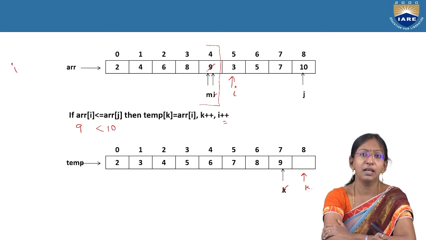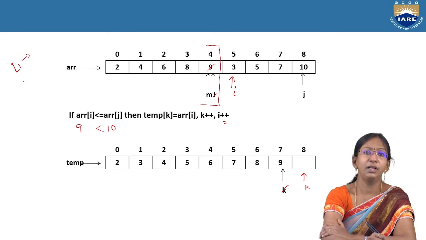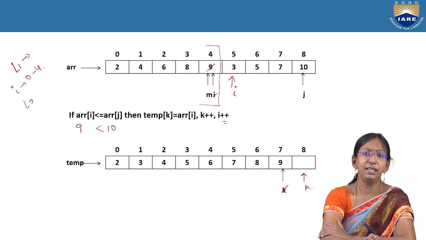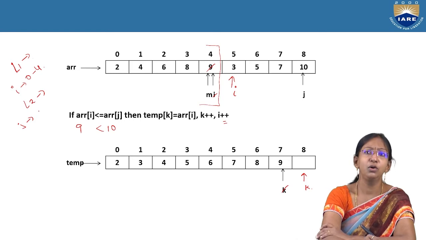The list, say L1, is navigated by an I variable whose range is from 0 to 4. Coming to list L2, it is going to run using the variable j whose boundary is from 5 to 7,